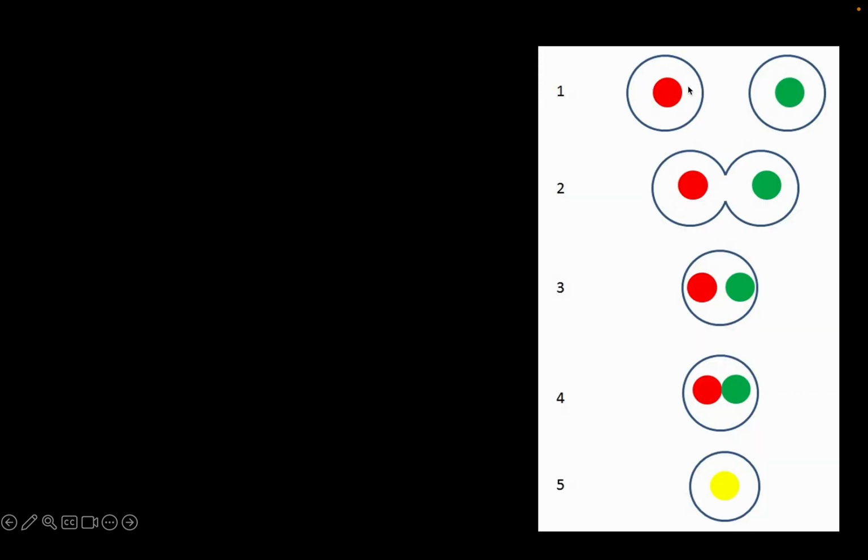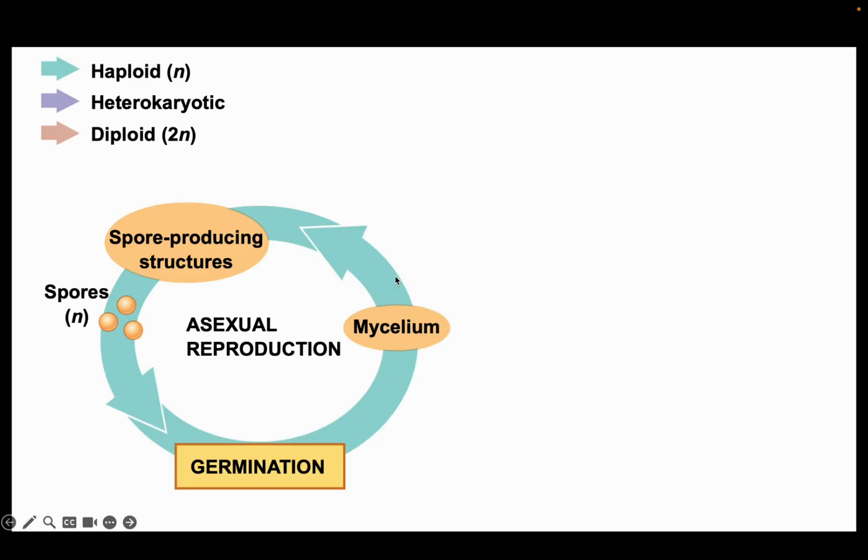You could have this red individual or genotype, we'll call this R, and we'll call this G. If those two spores are released in the environment at the same time and come in contact with each other, they can start to fuse like this. Once they're part of the same cell, those two genomes can essentially come together, and we all of a sudden have a brand new genotype for our fungi. This is a form of sexual reproduction. We're forming a new individual from two parental genotypes, whereas over here, if we go back, we're sticking with the same genotype, and this is just a never-ending loop.